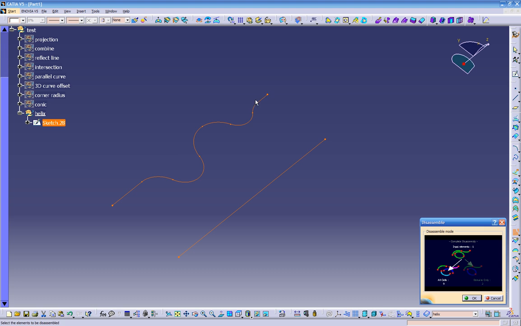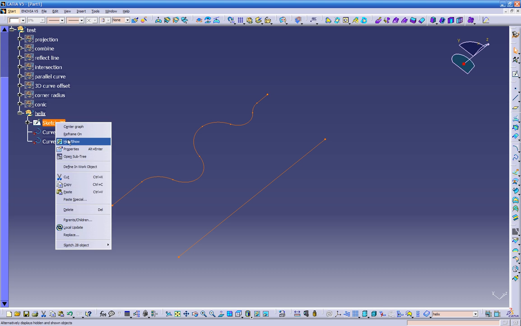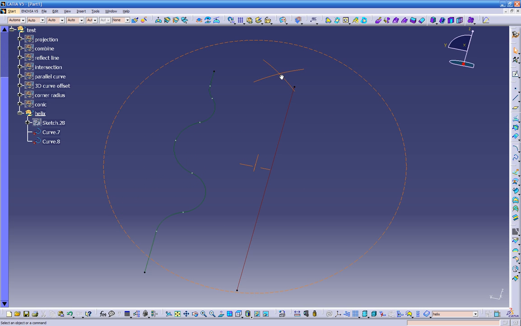We don't need to split all these pieces. So I wanted to have one domain, second domain. So actually I'm going to break it into 2. So I'm going to turn off the sketch, and I'm going to have curve number 1 and curve number 2, two different